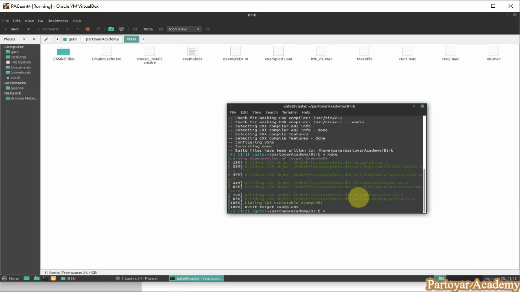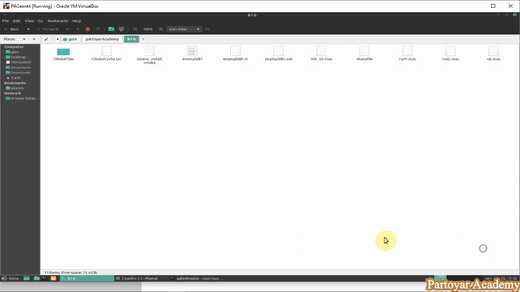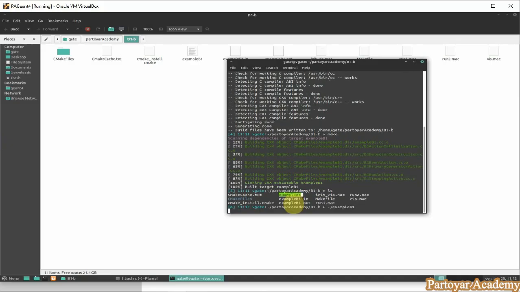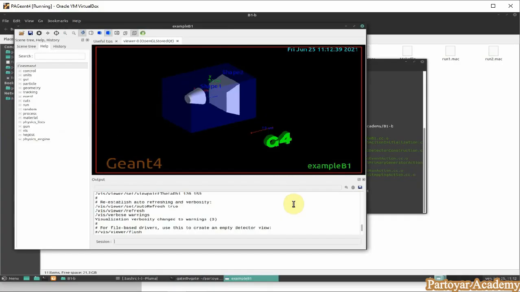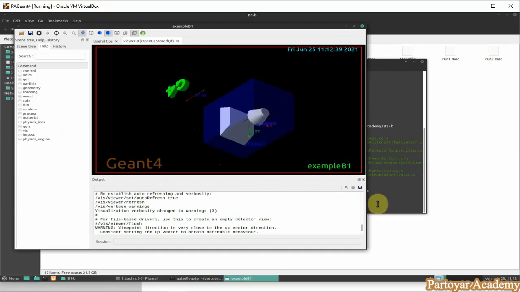So by typing ls, we can show the list of files. Here we can see a file with the name exampleB1. This file is an executable program. Now by typing ./exampleB1, after that enter, this program, here is the basic program of Geant4. You can see it, and we can run it here as an example by